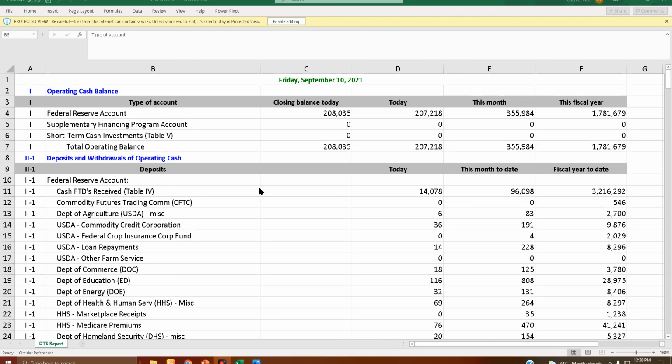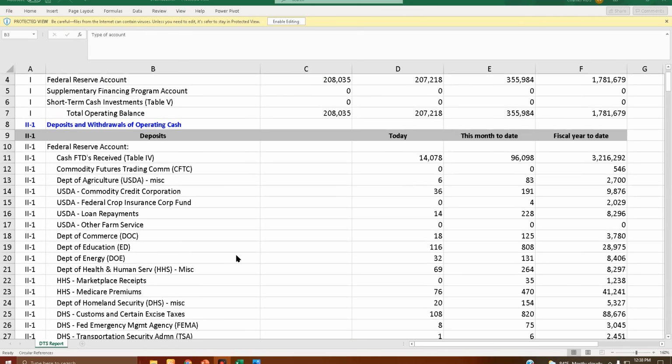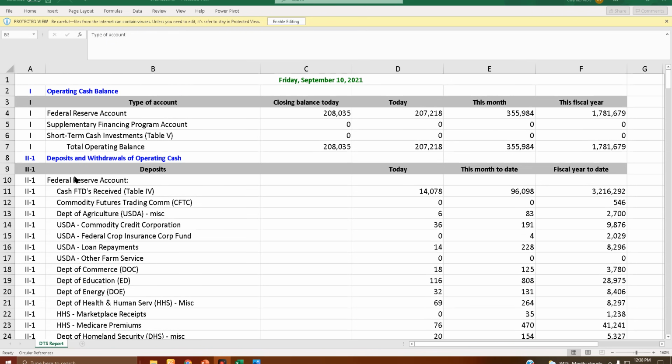So the operating cash that the Fed Reserve has, what of it is being deposited and what of it is being withdrawn, and we can actually see individually what they're using the money for. So in section 2-1, the Federal Reserve account, the very first thing, cash FTDs received. Today, and by today I mean the 10th of September, this is the latest date for the data,